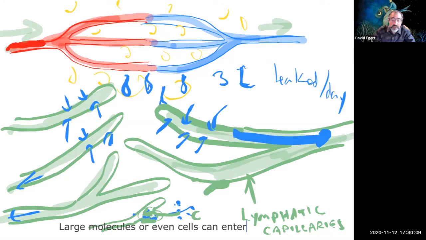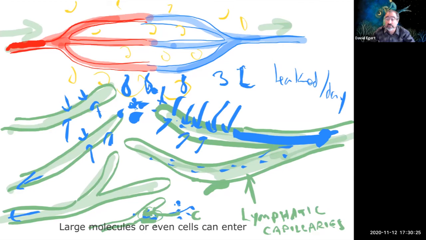So these lymphatic capillaries, they're all over the place. They're absorbing leaked fluid, any other molecules and stuff that are floating around in here. Whatever that fluid is, once it's inside here, we just call it lymph. That's what lymph is. Lymph is just that fluid. And then